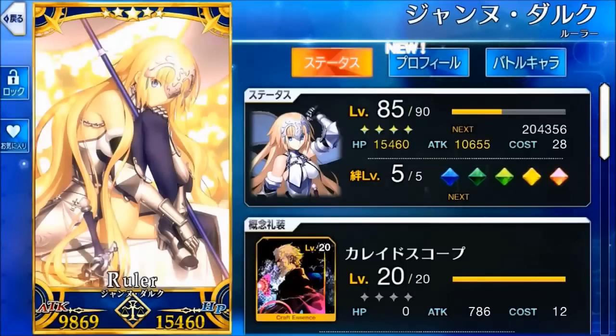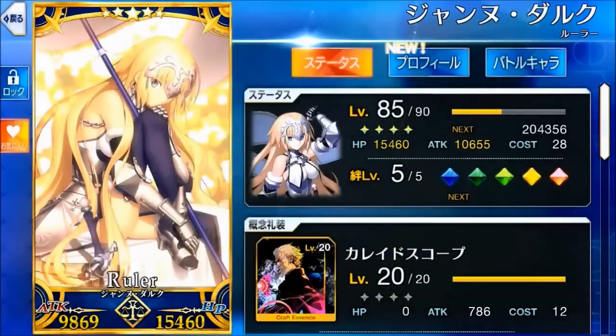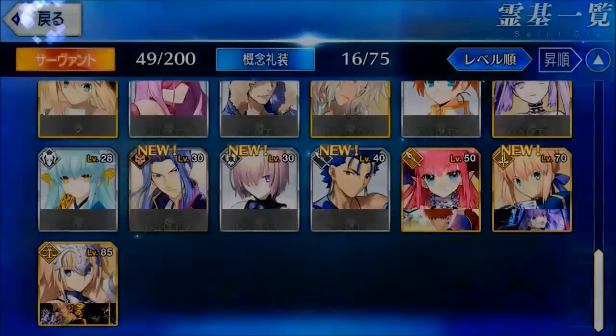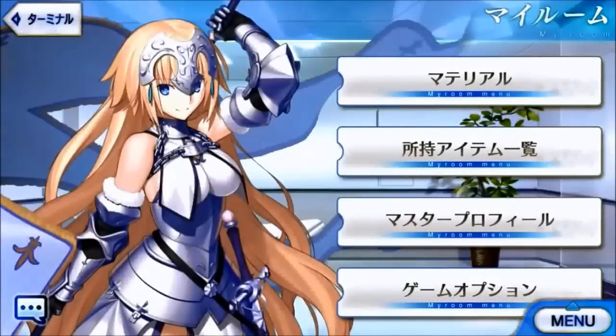Okay. Now you can actually change the servant that you want to interact with in the My Room menu. All you have to do is click on the heart icon on the left, which is this one. Remember it was Nero that I was interacting with in my room. Okay, so if I click on this, it will ask me for a confirmation message. Just select yes. Okay, that's done. Now all we have to do is go back to the My Room menu, and here we go. John is here in the place of Nero,